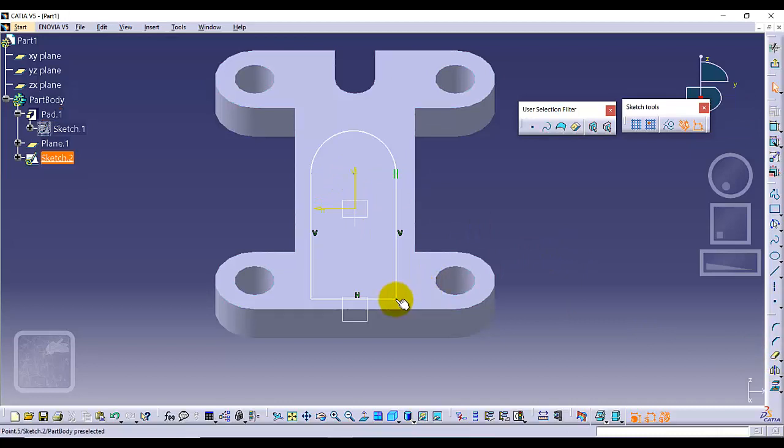Now I'm going to add a constraint, coincident constraint between this point and this edge, and coincident is added. And I'm going to add the dimension constraint. I'm going to select this line and this axis. This dimension is 0.575,